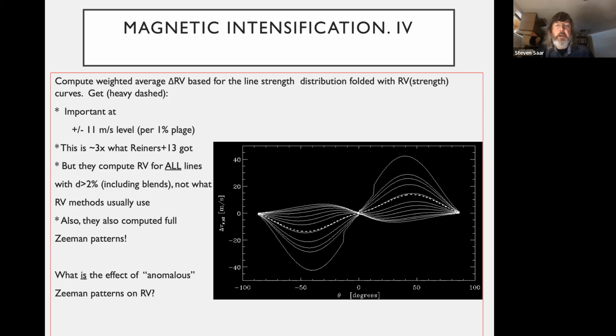When you do that for the Miklos set, you get the heavy dashed curve in the middle, which has an RV amplitude of 11 meters per second for a 1% plage. So that's sort of what you might expect for,